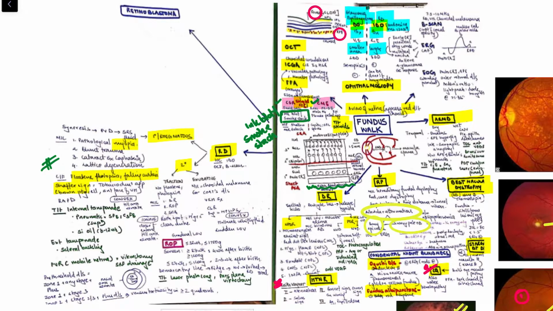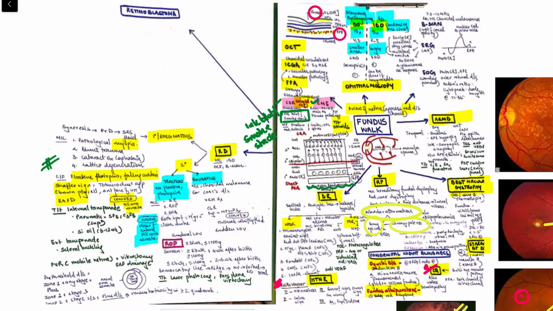Another important sign is the Shafer's sign, which is the tobacco dust appearance posterior to the lens or in the anterior vitreous humor, some brownish deposition, and there will be RAPD, that is relative afferent pupillary defect, right? Then the detachment will be convex and it extends till the ora serrata. The secondary retinal detachment is of two types, traction and exudative. In traction, remember, very importantly, no floaters or photopsia will be present, right? That is how you will differentiate between primary and secondary. Also, the detachment will be concave and it will not extend till the ora serrata.